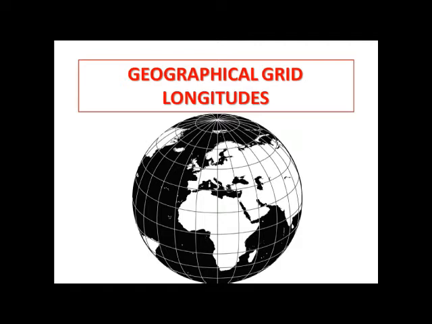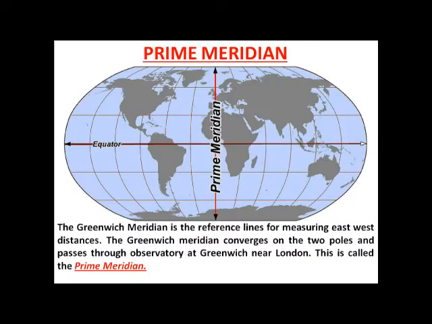Today we will start the next section of the chapter Geographical Grid, where we will talk about the longitudes. As we can see in the diagram, the most important longitude will give us the concept of prime meridian. The Greenwich meridian, as you can see in the picture, is a reference line